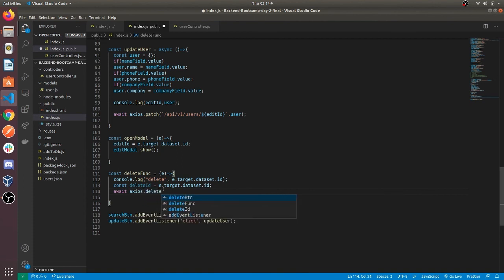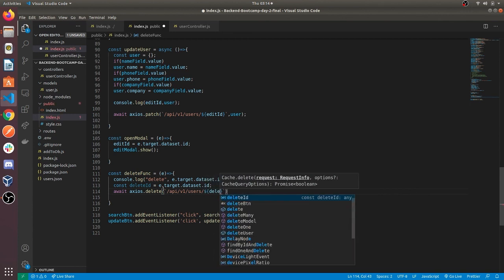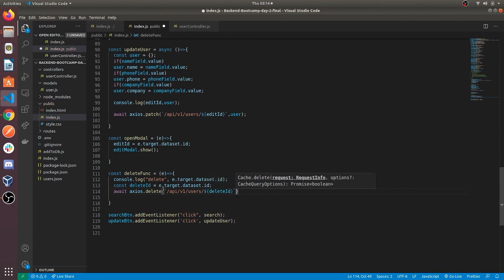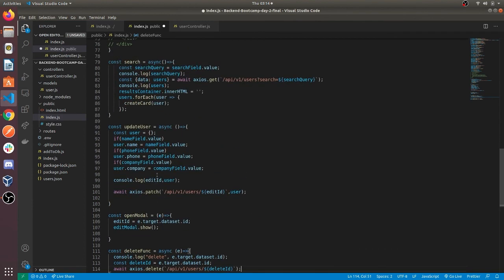Similarly, we will create a delete request and just pass the ID as a path parameter. And that should be it.